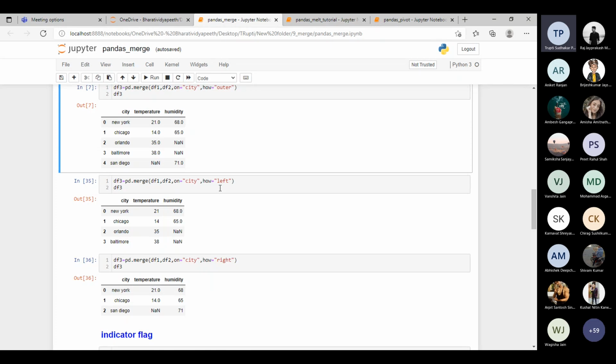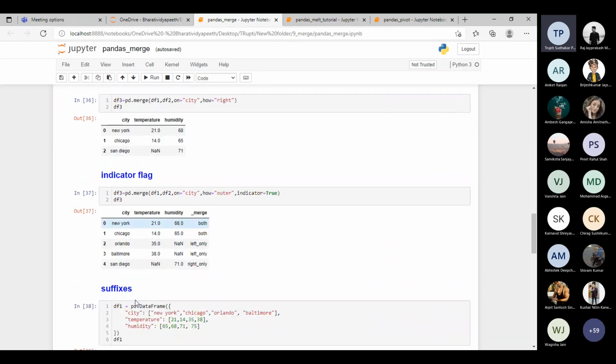It should start from the left, and the uncommon things go to the right of the table. So that will be the common table. Some things are missing, and San Diego is missing. While here we can match from the right side. So here Orlando and Baltimore are missing because we have taken the uncommon things. So San Diego will come.